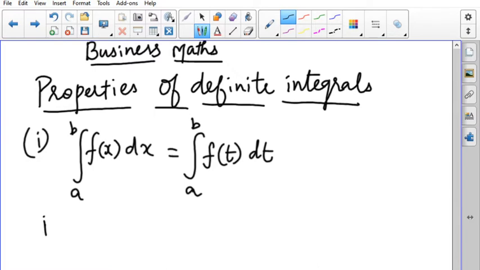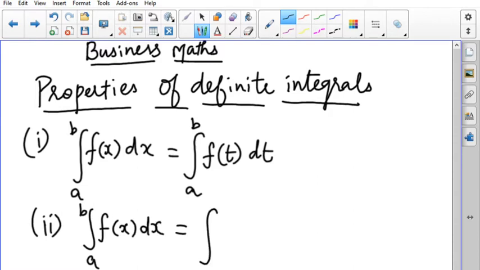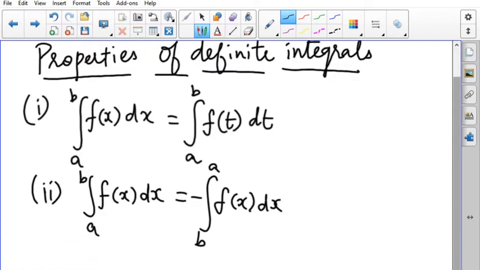Second property, if you want to change the limit, integral a to b f of x dx is equal to, when we want to change the limit, you can change the sign, minus integral b to a f of x dx. Okay, so this is the second property. Third property is property number 3,